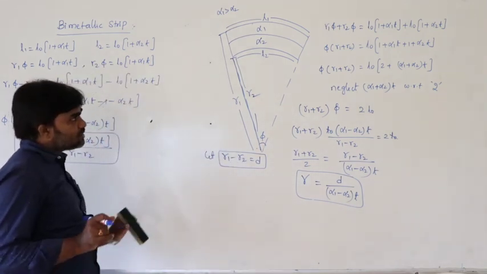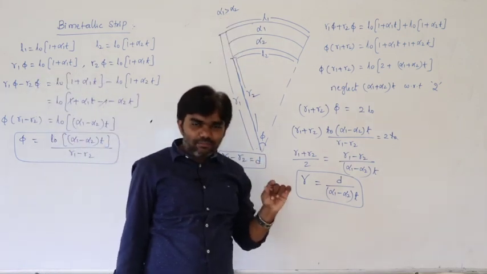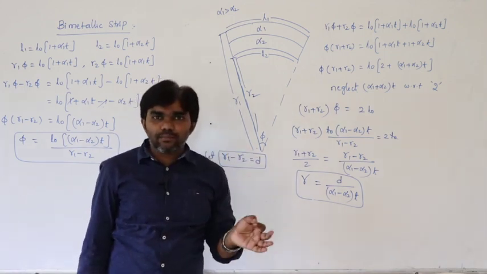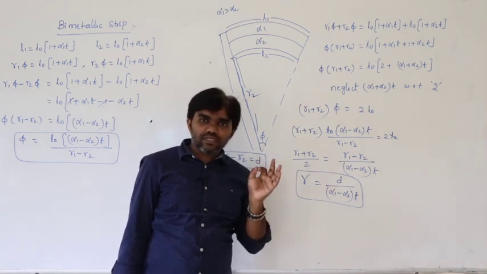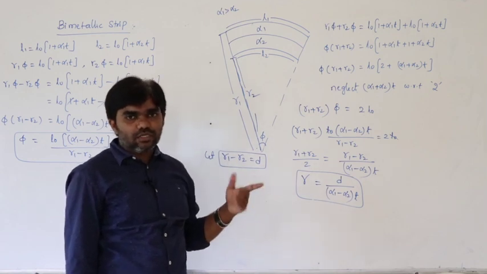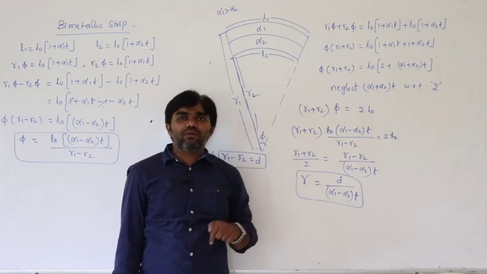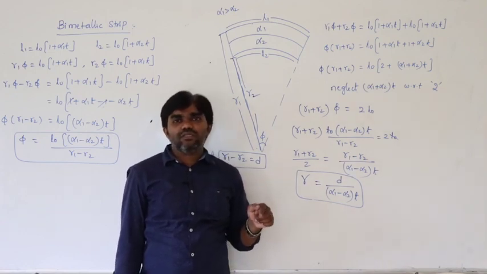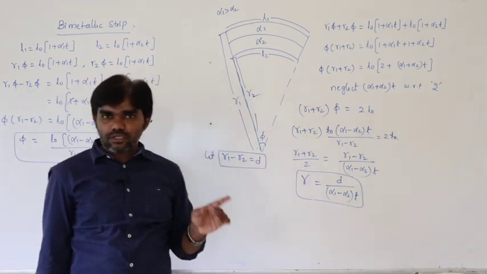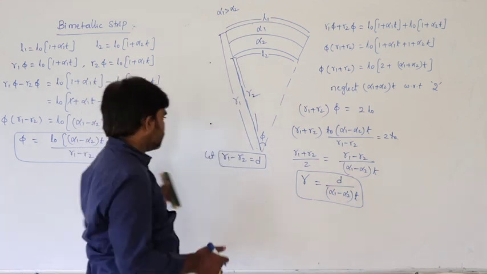What we are doing here is very simple. Initially, both the rods must have the same length. Due to increase in temperature, definitely the lengths of the rods increase. So L1 is equal to L2, and according to the coefficient of linear expansion, L1 can be written as L naught into 1 plus alpha 1 T, and L2 can be written as L naught into 1 plus alpha 2 T. Those are the final lengths due to increase in temperature.